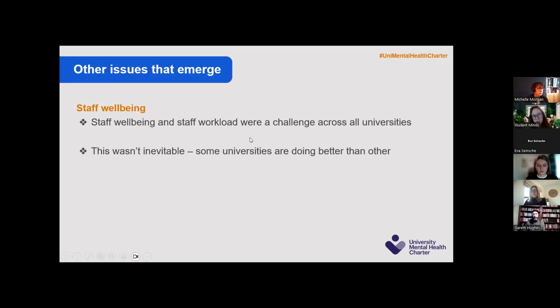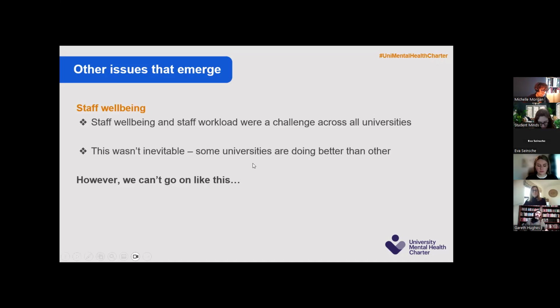Whereas at others, that was clearly not the case. It's really clear that as a sector, we can't go on like this, because I think we're now reaching a point where this is becoming unsustainable. And the research around staff well-being that we've referenced in the framework document, which supports what we were seeing in our visits, indicates in some places that university staff are experiencing higher levels of workplace stress than those in blue light services. And there's no good reason for that to be the case.